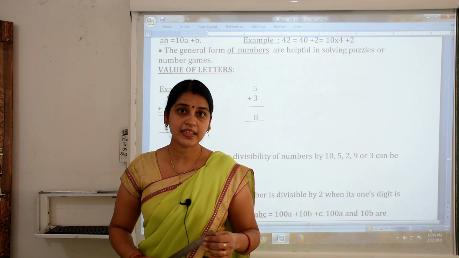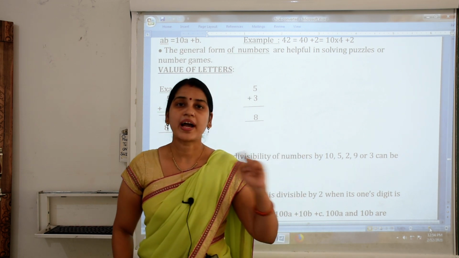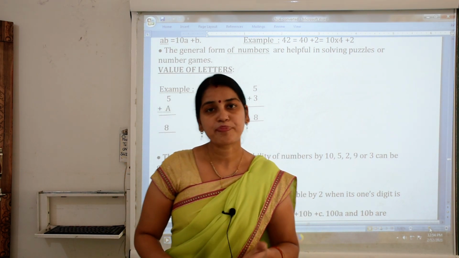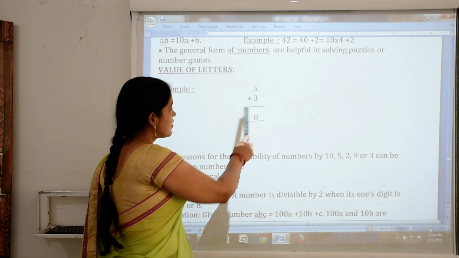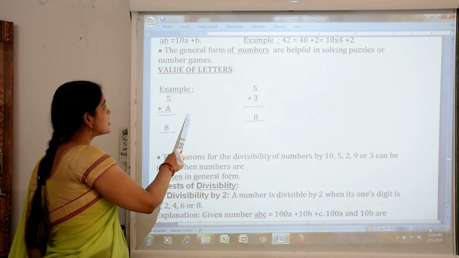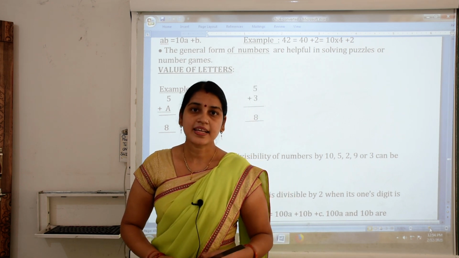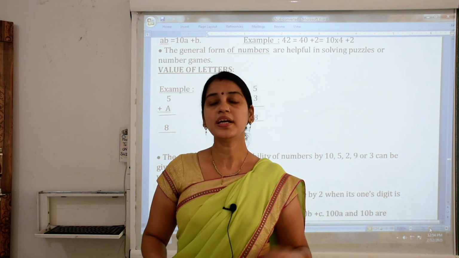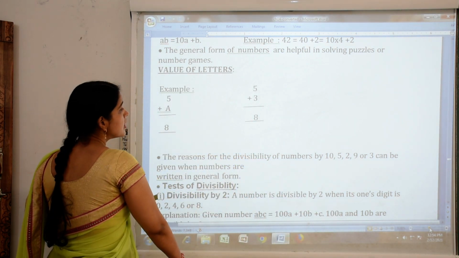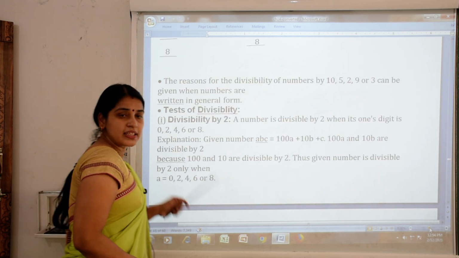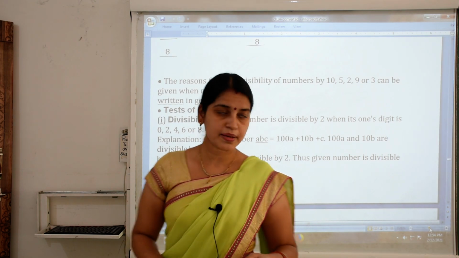so that we get 8? मतलब आप 5 में क्या ऐड करेंगे कि आपको 8 मिले. It's simple. In 5 we can add 3 because 5 plus 3 is 8. So what is the value of A? A equals 3. In this way we can find the value of letters. In our exercise you have the same question based on finding the values of letters. Then you also have the rules of divisibility in the next exercise. So let's discuss it.